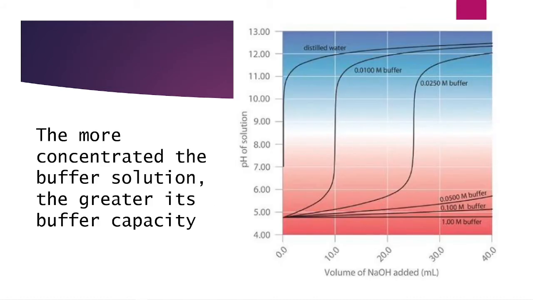Hopefully that made sense. It might make more sense if you look at it here. So the more concentrated the buffer solution, the greater its buffer capacity. So this is showing the pH of a solution when you add NaOH, so sodium hydroxide, to it. So if you add sodium hydroxide to plain water, you're going to start at 7 and instantly go up pretty much to 10 point something,